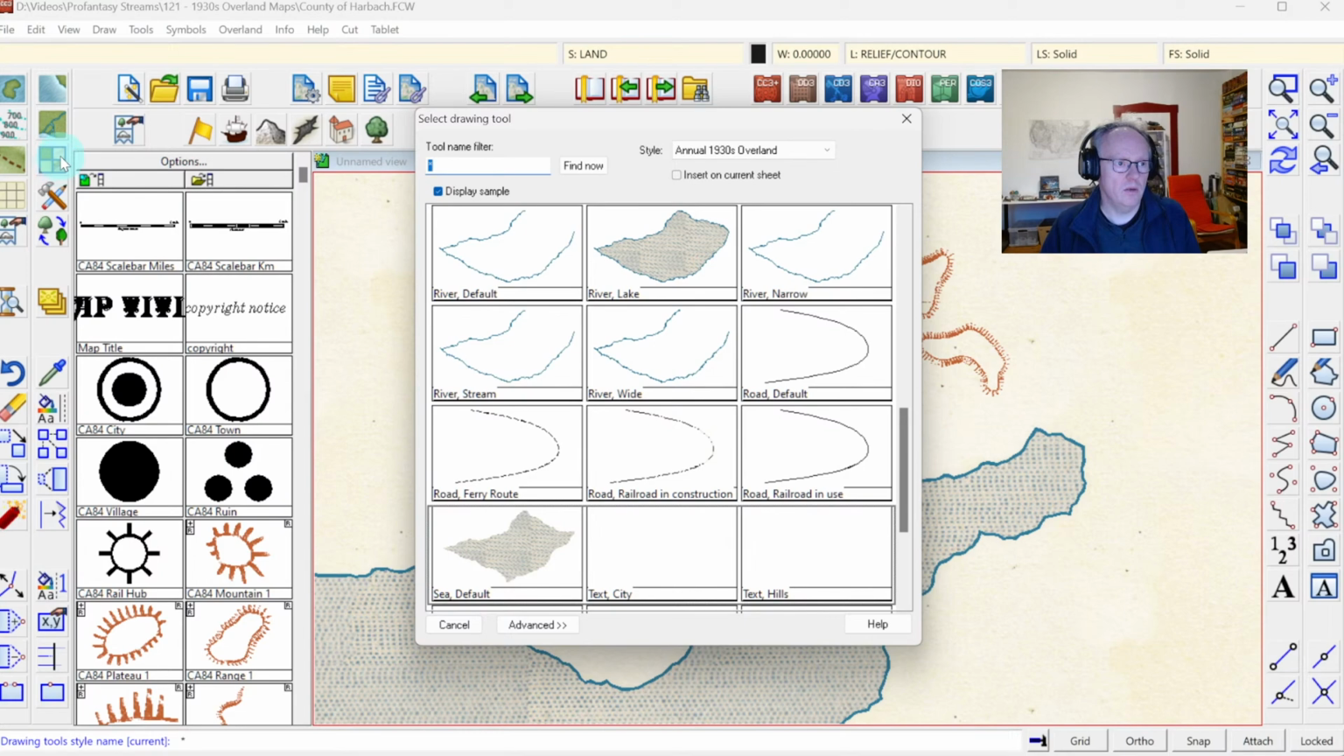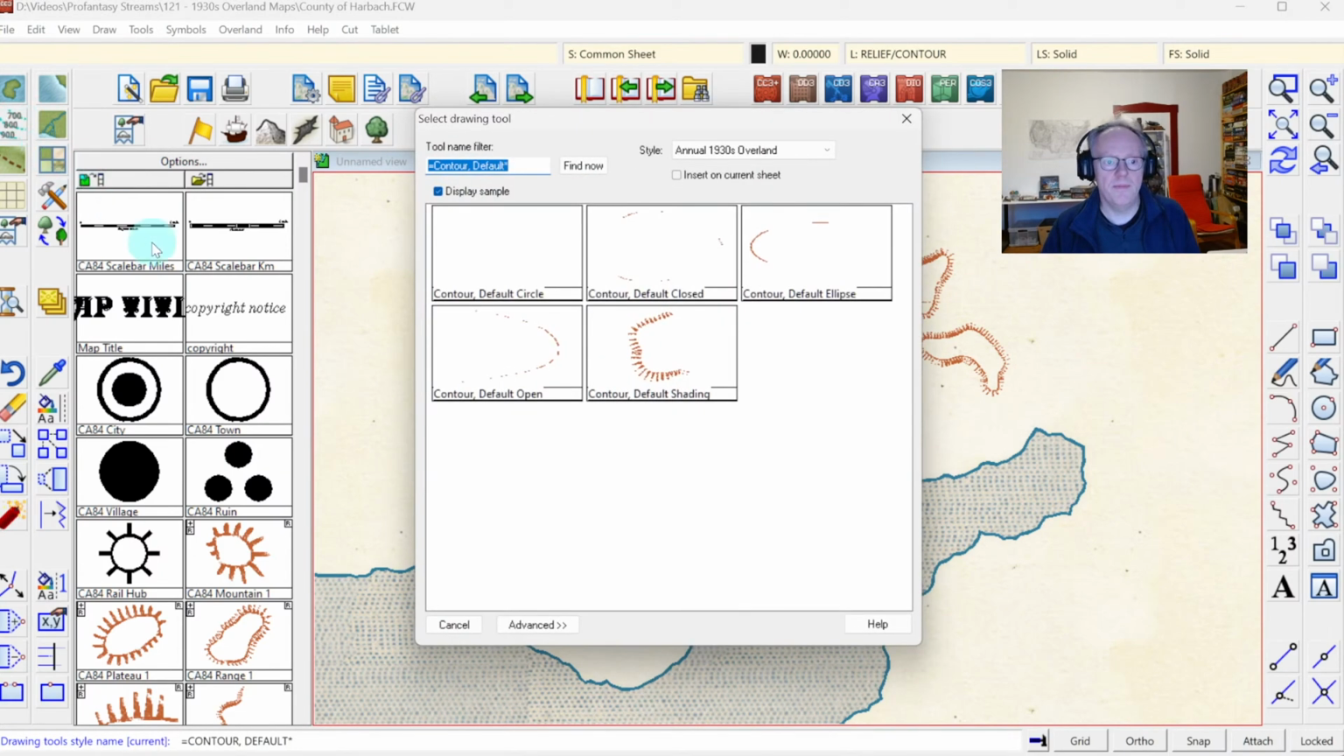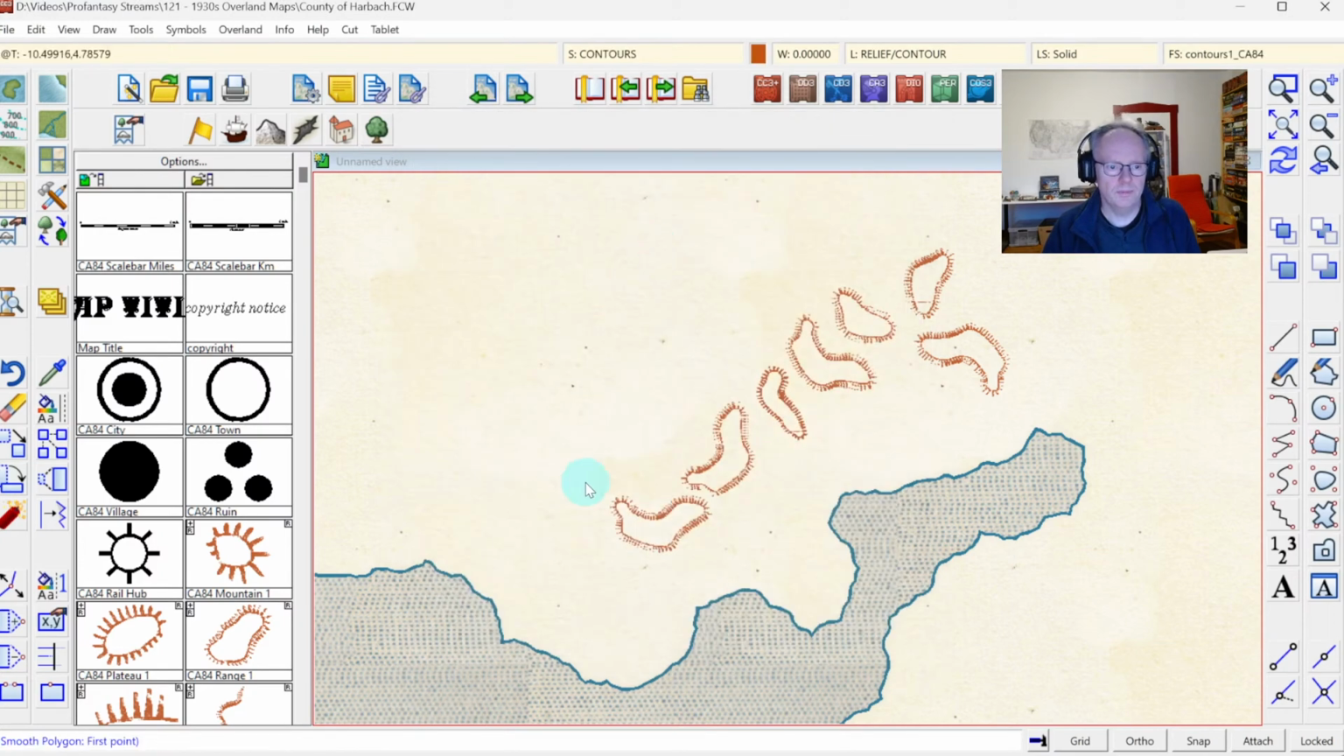Let's go again. I wanted to go to the contours here. The contours do just have some lines and some shading that you can use to add to the lines. I'll show you how this is supposed to work. I want to create an outlying contour line around my hills here. For that, I'm going to choose the contour default close tool,